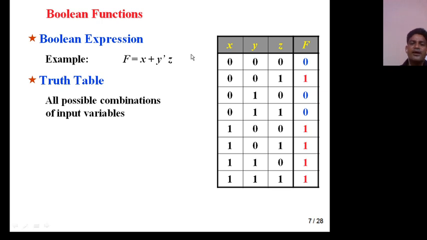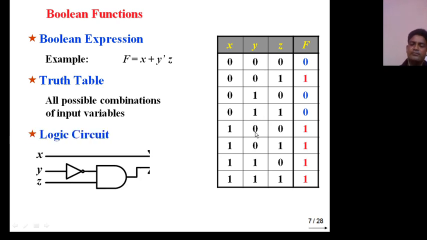And suppose you have to determine the truth table. Okay, this is your truth table, and there are 3 variables, so inputs are 3 and the output is f. How many possible input combinations? It is always equal to 2 to the power n, where n is the number of input variables. So 2 to the power 3 equals 8, so 8 possible combinations. Take alternate 0 1, then two 0s and two 1s, then four 0s and four 1s. It is always a power of 2 pattern, and this is your circuit.